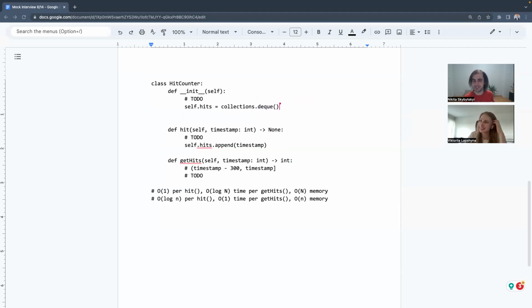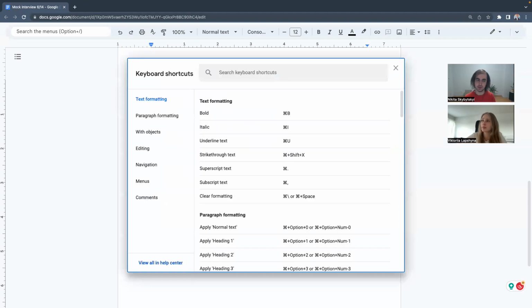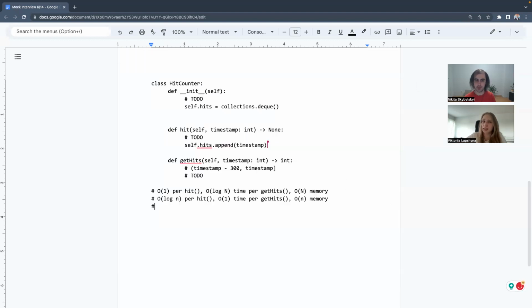Yeah, but usually people say deck. And then, if I'm not mistaken, appending something to the end will be the same operation. Yeah, it's append. You have pop, append. You also have pop left and append left, in case you need them. But supposedly you won't need those, so it's just append and pop left.